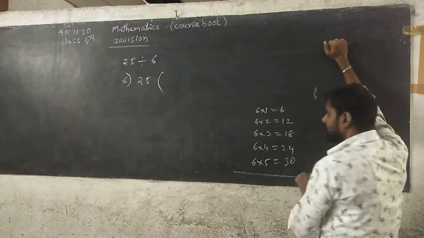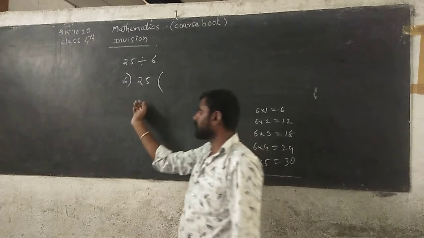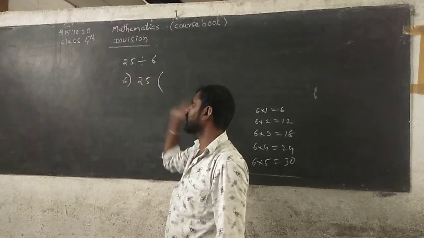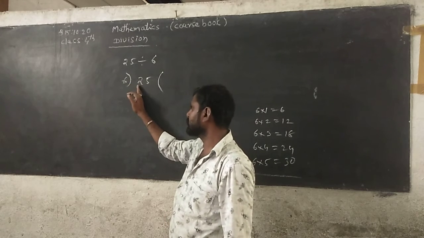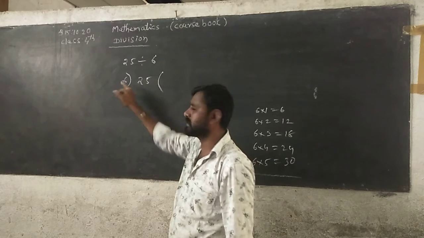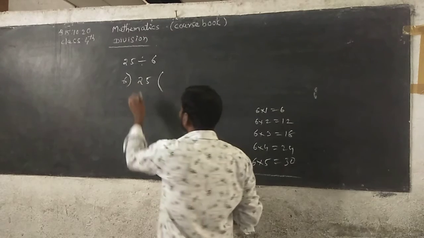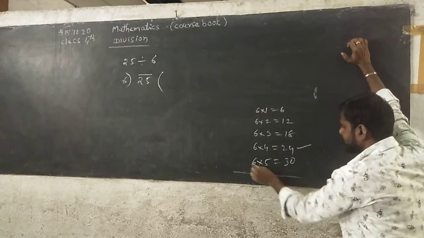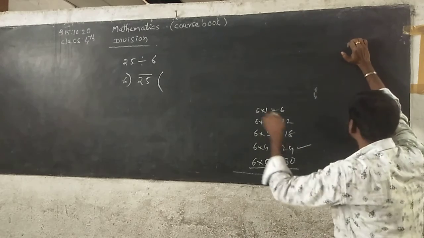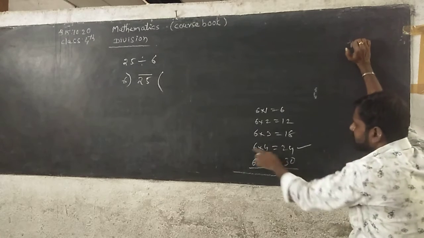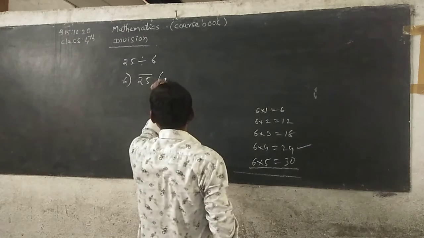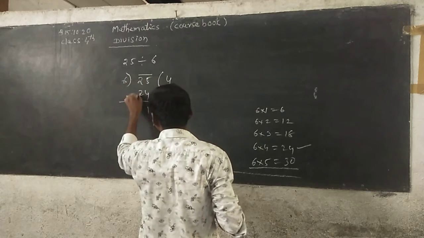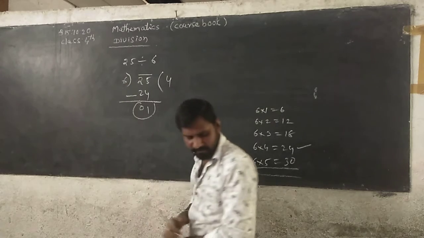Better listen carefully. While you are doing a division problem, you have to take digits from left to right. If you take the first digit on the left, that is 2, 2 is less than 6. So you have to take 2 digits from left to right, that is 25. So where is it possible? 6 4s are 24, 6 5s are 30. 30 is greater than 25. So I have to take 6 4s are 24. Now here 5 minus 4 is 1, 2 minus 2 is 0. This is the remainder, 0 1 means here 1.